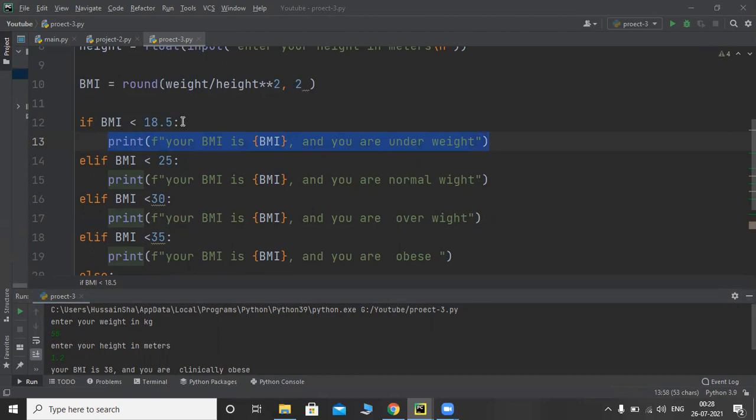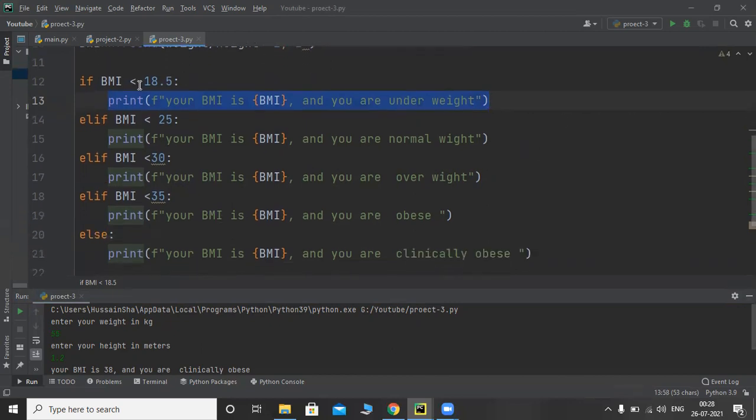If this is not matching, it will check elif, and then if that is not matching, it will check one more elif, and then one more elif. Other than if and elif, it will go to the else block. In Python, whatever code comes inside conditions, you have to use indentation, either one space or one tab. It is up to you, there is flexibility, but we need to follow the same indentation while writing the code.